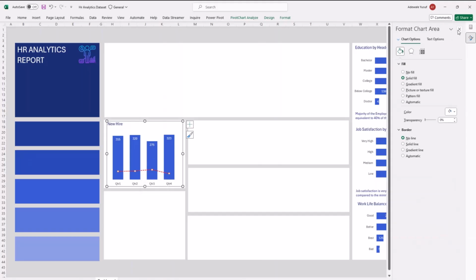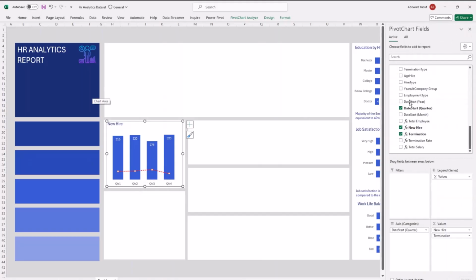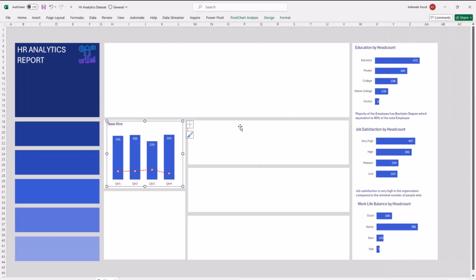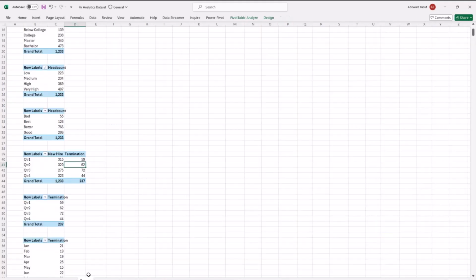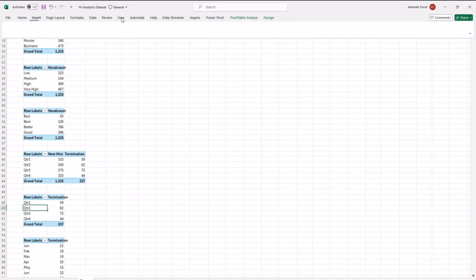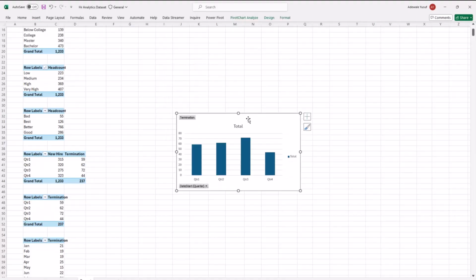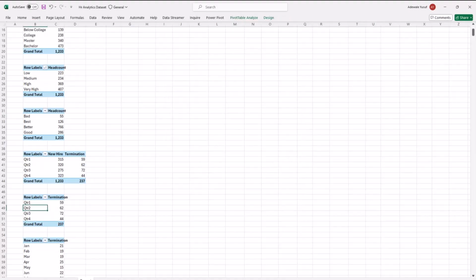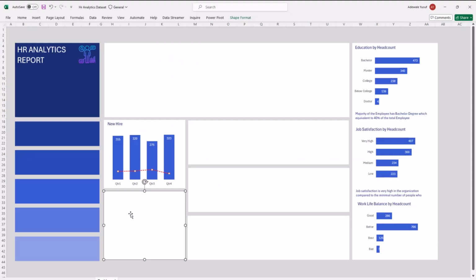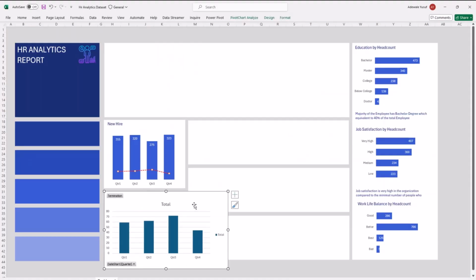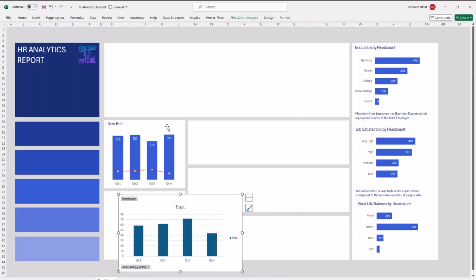Okay. So now I have a termination there that just shows terminations below as well. Now let me go to the next one. So the next one is this one. So this one, I'm going to go to insert again and then create this visual here. Cut this visual, take it to my dashboard, click out before you paste so that it doesn't take, then I'm going to copy this one and paste it on here.